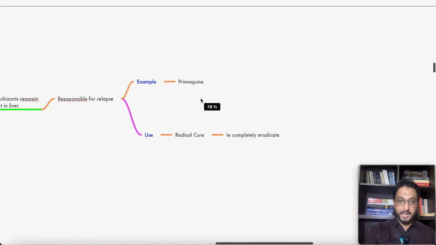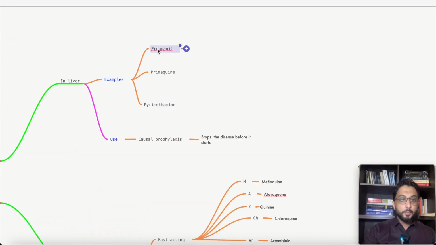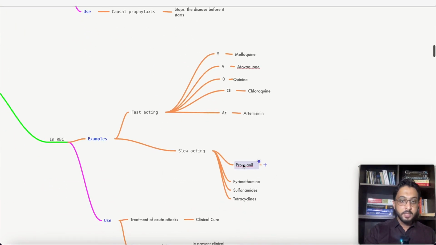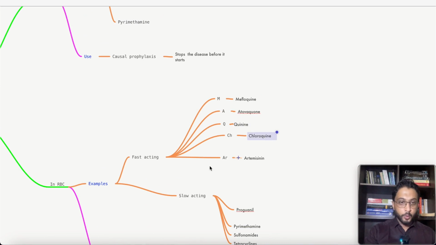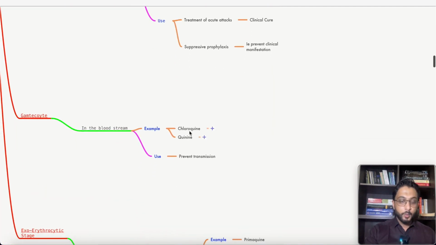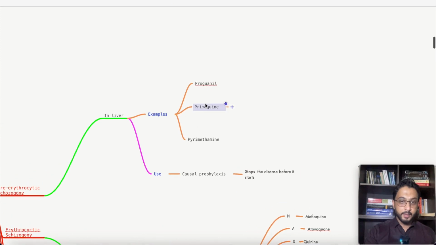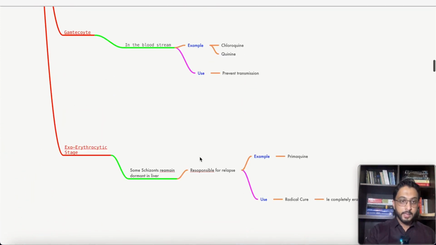Okay, primaquine, again something which we studied here. So once again, proguanil and primaquine, which is targeted in the liver, which is the same as the slow acting in the RBC. Okay, proguanil, pyrimethamine. Then quinine and chloroquine, which is fast acting. You can at least learn this much. Quinine and chloroquine, which is the fast acting in RBC, they are the ones which kill in the gametocyte. And yes, primaquine, which was there again in the liver, the between one, which can be used to kill the organism in the